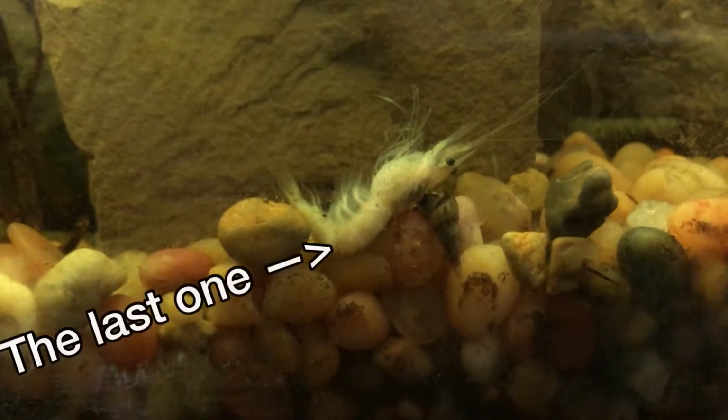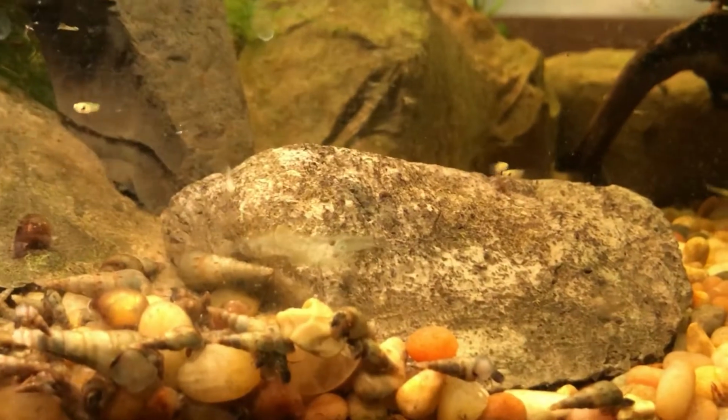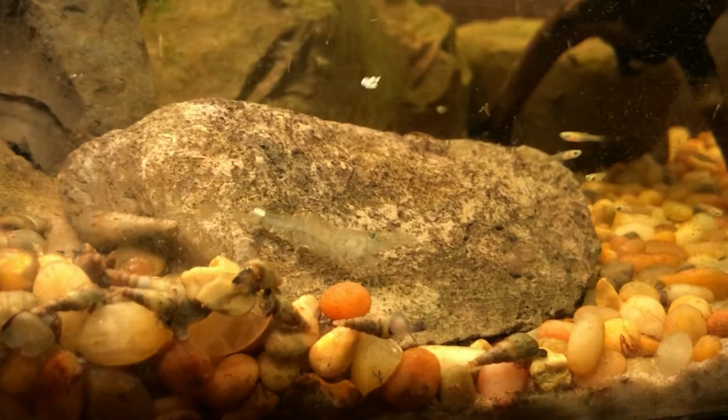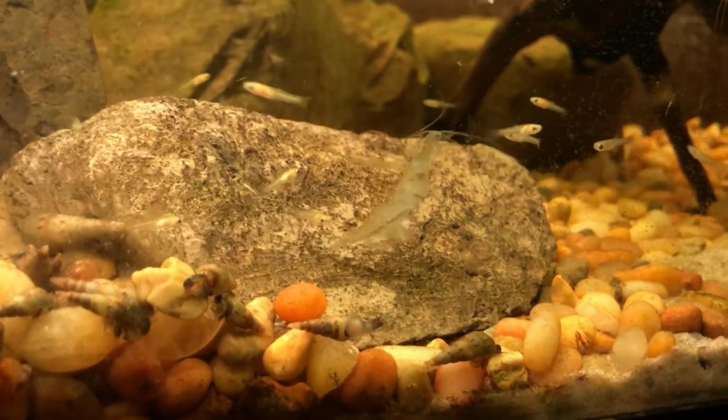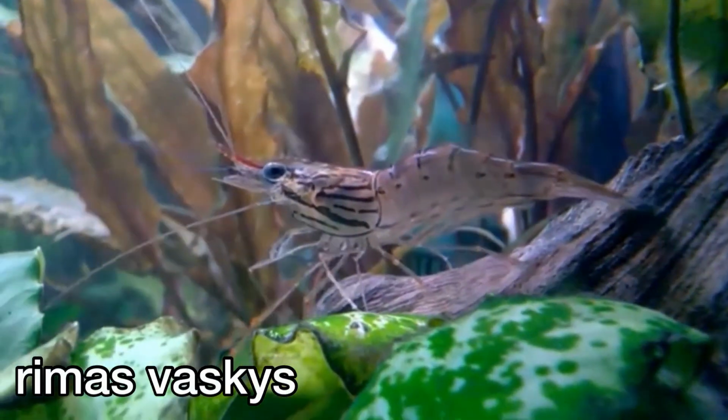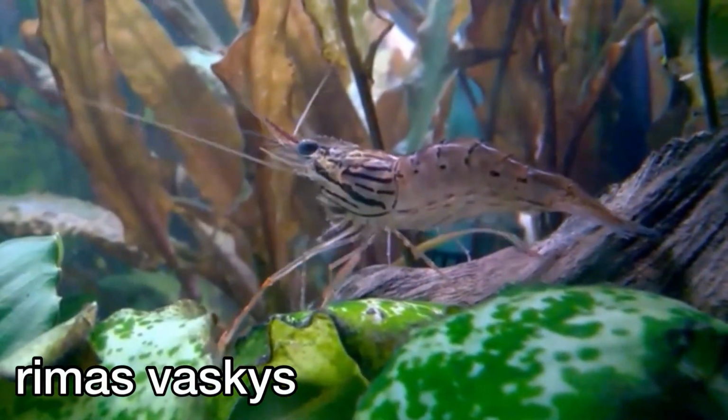Much better than ghost shrimp, by the way. Ghost shrimp are going to live, I think we clocked them at maybe 3 months. People say a year, but that's not true. Cherry shrimp stay smaller, but they're going to live longer and they're mostly vegetarian. I don't know if I have a clip here, but when I put the fry in with the ghost shrimp in the 10-gallon, the ghost shrimp were actually trying to eat the fry. They were lunging at them, kind of like a long arm shrimp, which is basically a giant ghost shrimp. Ghost shrimp are carnivorous and scavengers,